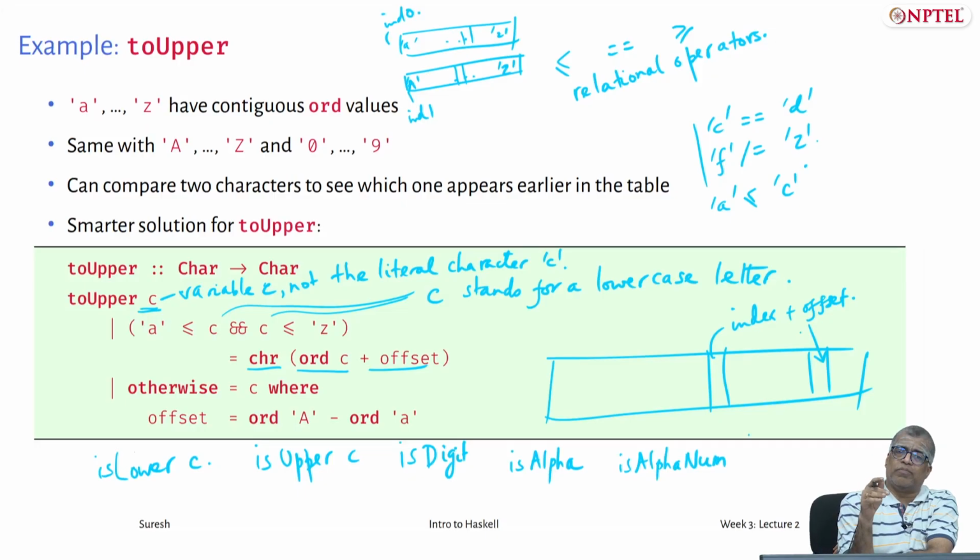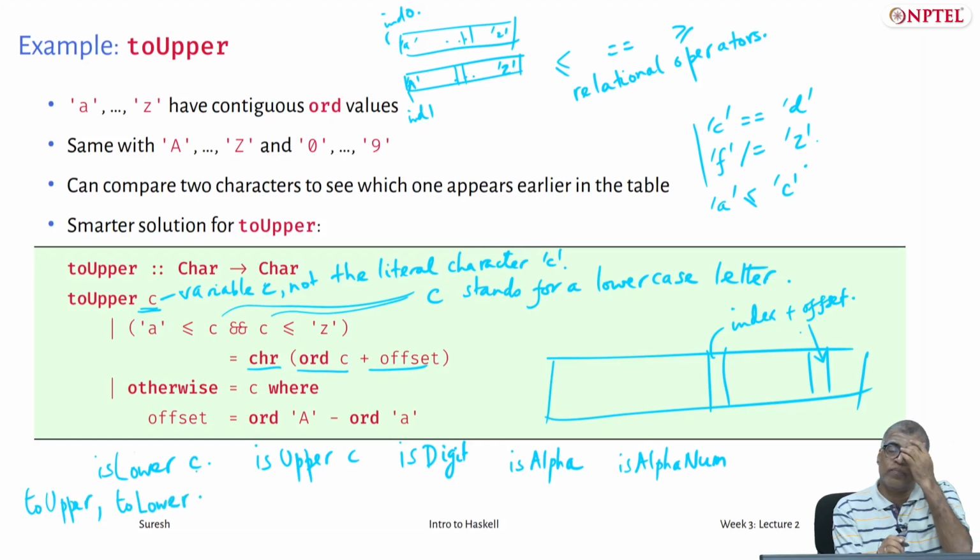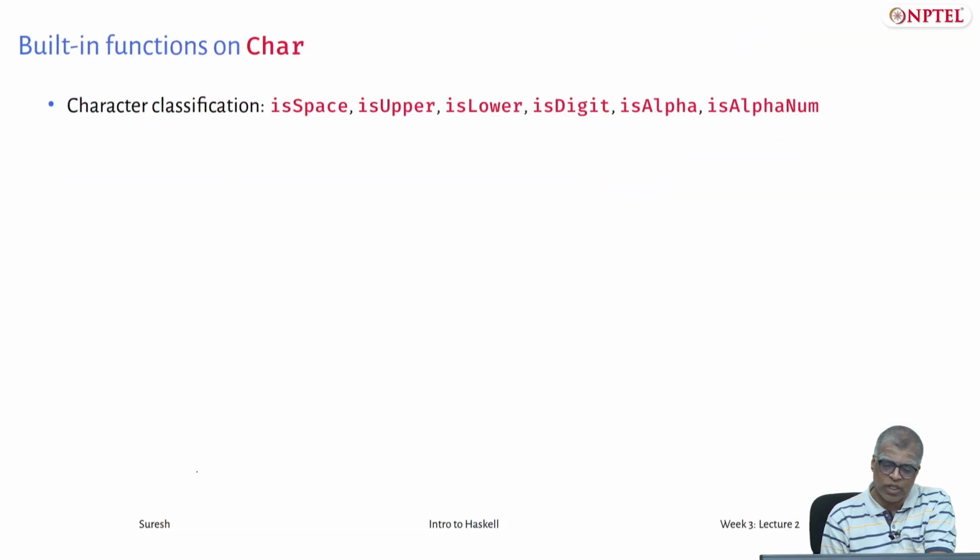These are all utility functions provided in Data.Char. You could do this, and also you have toUpper, which is itself something we have actually programmed. That is a utility function provided by Haskell in Data.Char. toLower, okay, etc. You have some very important functions that convert from a digit character. If it's just a single digit character, you can convert it to the corresponding number, and you can convert a number which consists of a single digit to the corresponding character. So, there are some functions for that as well.